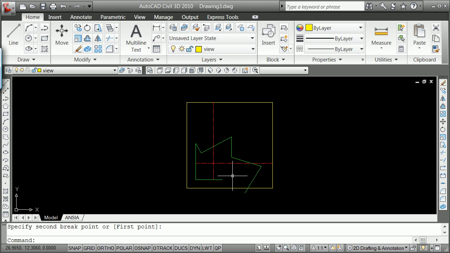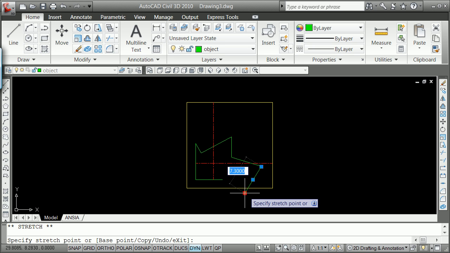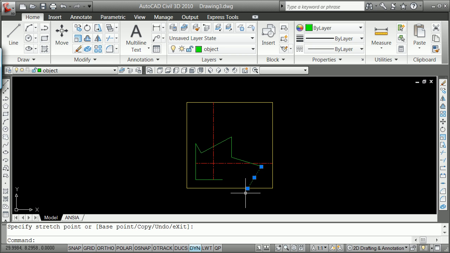It is 6.3 long, so we turn the dynamic on. We left click, and we go now and make that 6.03. We have one more left to do. We turn the dynamic off. We left click,